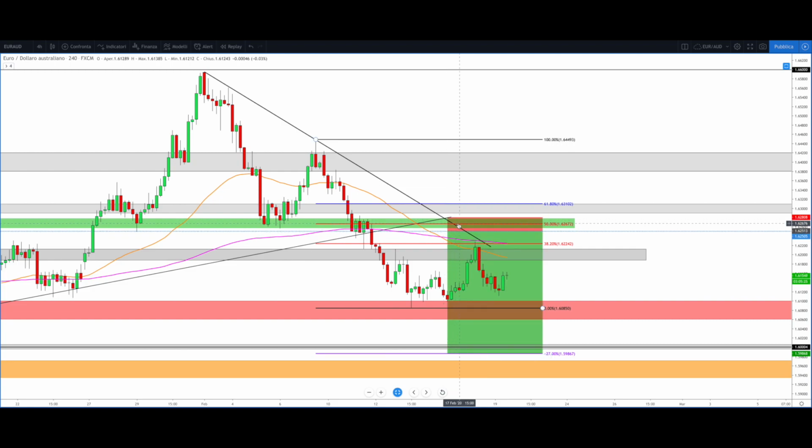and so for me this was a really interesting area for a short setup, and we can see that the price this week partially followed my analysis, started this strong correction, but after this perfect touch of the 38.20 retracement, a clear reaction of this 200 period MA and this bearish trend line, the price failed to go higher and pass this area. From this point we can see that the price has formed a big bearish engulfing candle, so strong, one of the strongest bearish signals on the market,